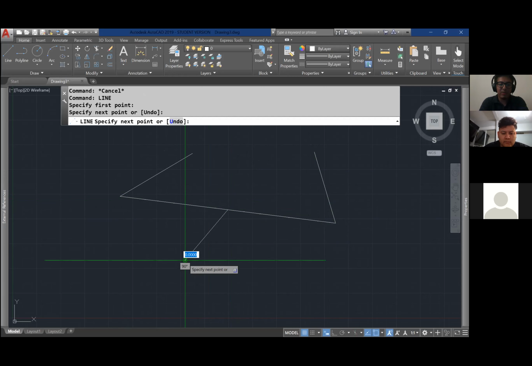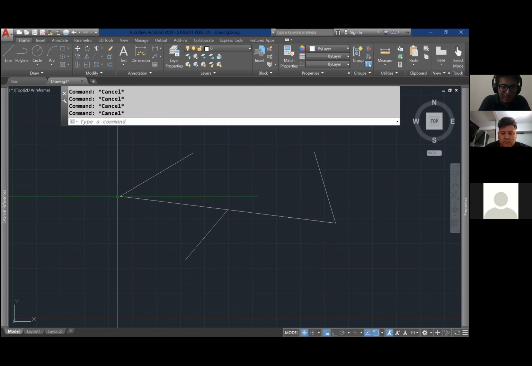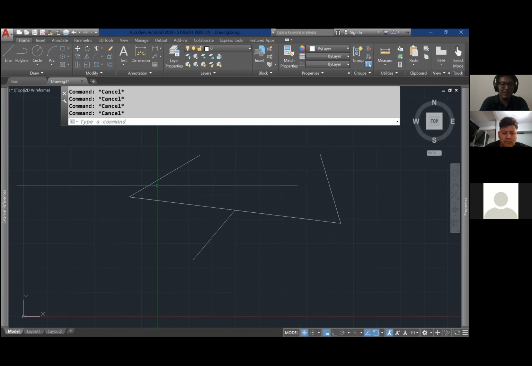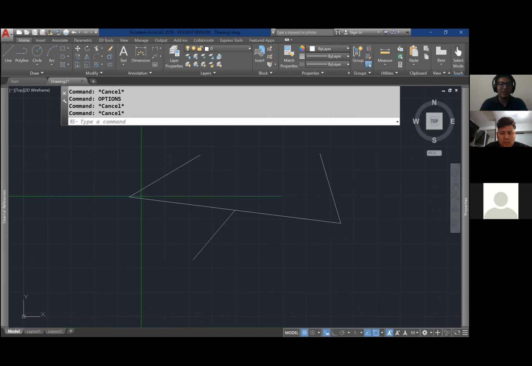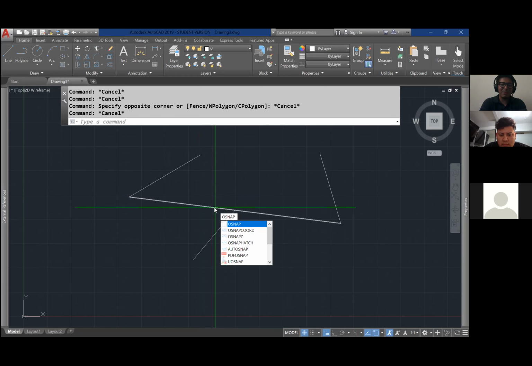Snaps are really important when you want to be really precise, because you obviously can't zoom in all the way to the, oh yeah, zooming in, just scroll on your mouse. You scroll and you zoom in. That's another thing. But yeah, you can't zoom in all the way and hit precisely that endpoint. So snapping is really useful. Actually, let me do something real quick. I should have done this earlier, but I could make those little boxes bigger. That's too late now. But yeah, if you type in O snap, hit enter,